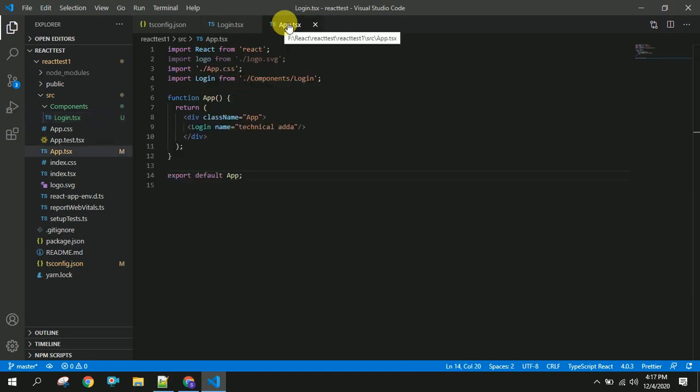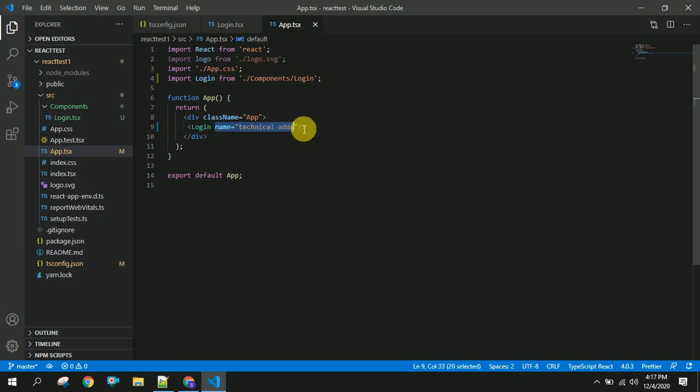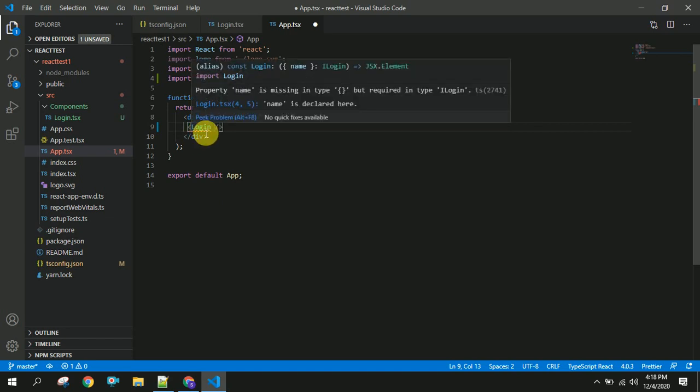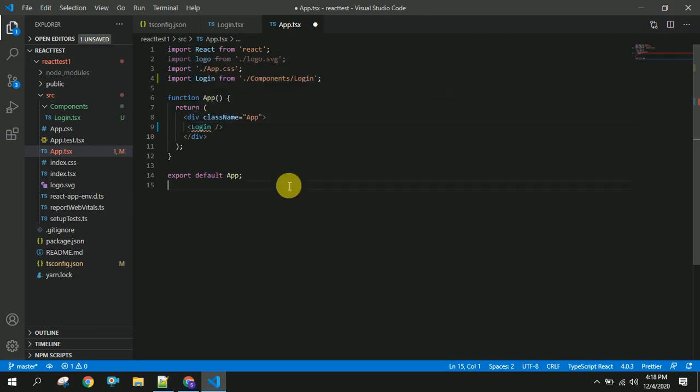So if some other developer has used this login component and has forgotten to send this name, he will directly get this error, like property name is missing in this iLogin interface. By using this we can get exactly what is happening and how we have to use that component directly. So if I place this again, you can see that particular error got resolved here.